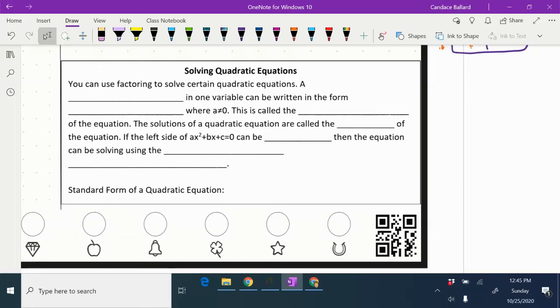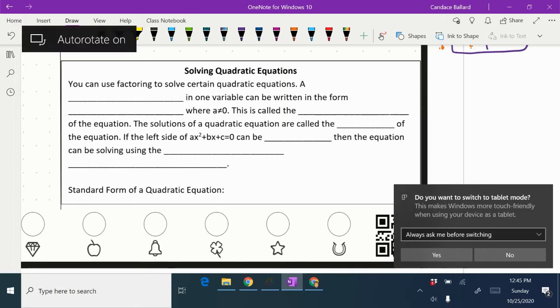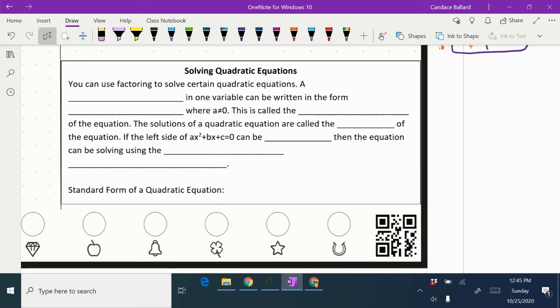We're going to continue topic 4.1 and we're going to move on to how do we solve quadratic equations. So you can use factoring to solve a certain quadratic equation. A quadratic equation